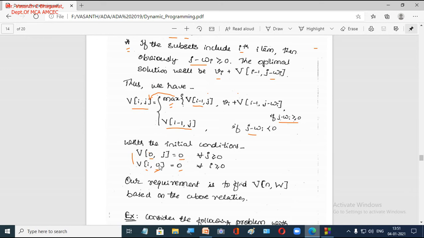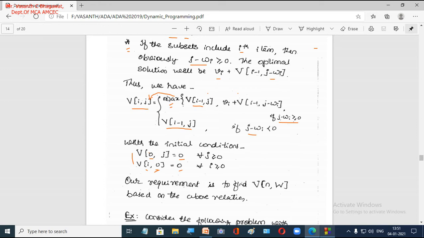Irrespective of j, for i comma 0, the output will once again be 0. We get the maximum value V of i j based on this equation, based on the condition. If j minus wi is greater than or equal to 0, then we use this equation in our table. If j minus wi is less than 0, then we use this other equation.